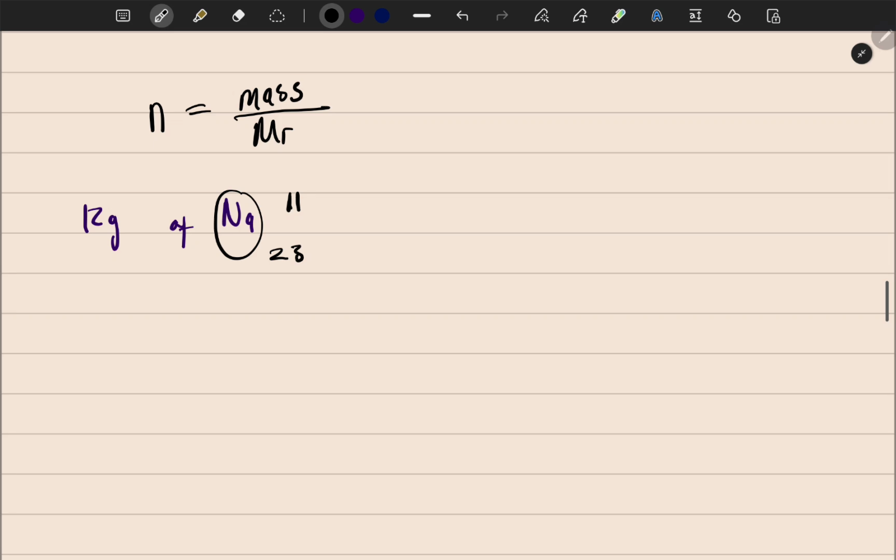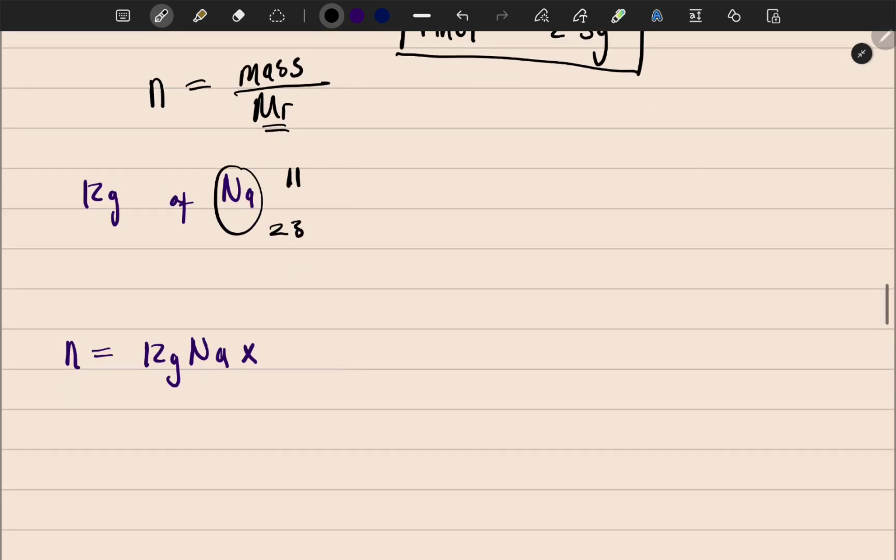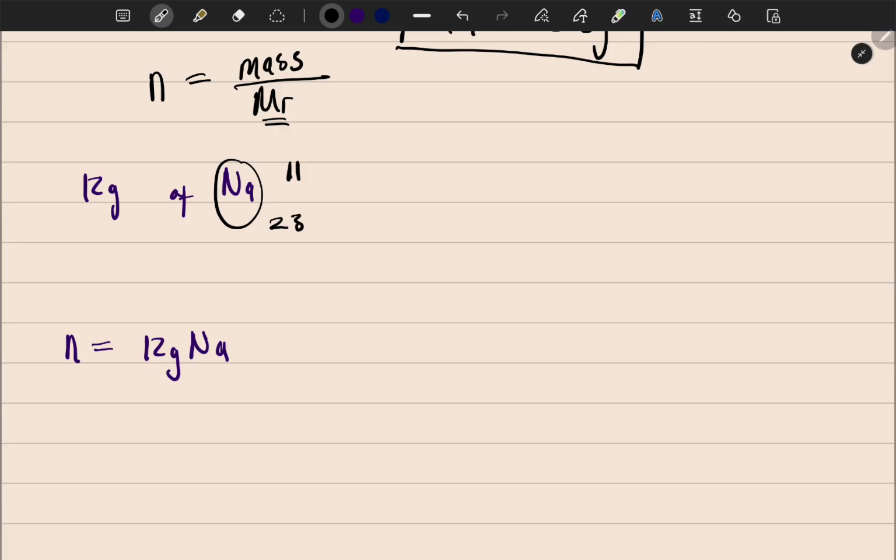So I want to find the number of moles of sodium. First of all, this one is the easy one. So number of moles will be equal to 12 grams of sodium, which is Na, times, now Mr, in full, is called molar mass. It is the mass of 1 mole of sodium. So as a relationship, you would say 1 mole of sodium is equal to 23 grams. So now what you're going to do is, instead of just saying 12 grams over 23,